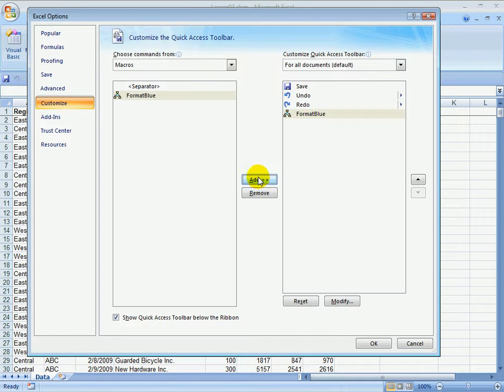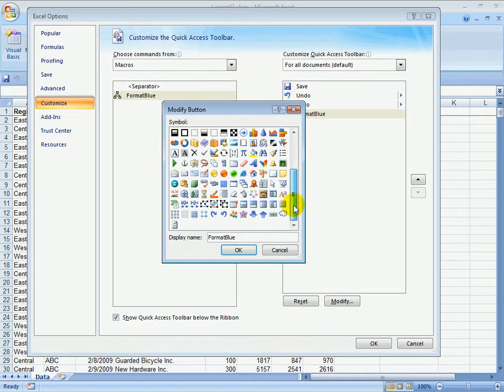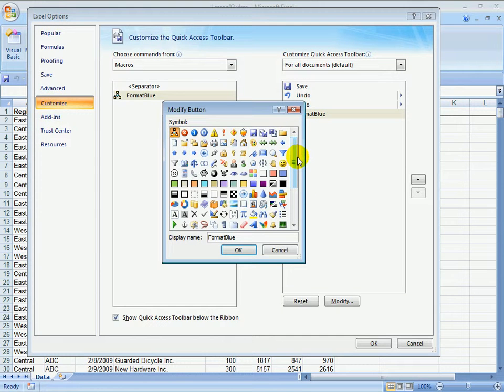Add, and that's going to add this icon to the Quick Access Toolbar. It's a little disappointing that we're stuck with this flowchart icon. That's the default icon they use for all of the macros, but we can modify that. Choose the item in the right list box and then choose the modify button, and you see that you have about 150 different icons to choose from. Certainly not as many icons as we had in Excel 2003, where there were 4,096 different icons, but more icons